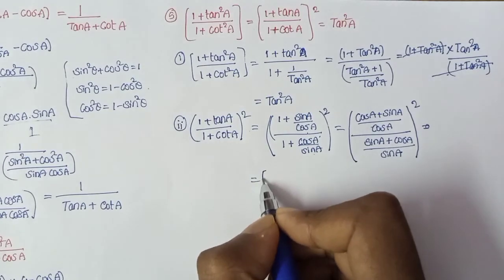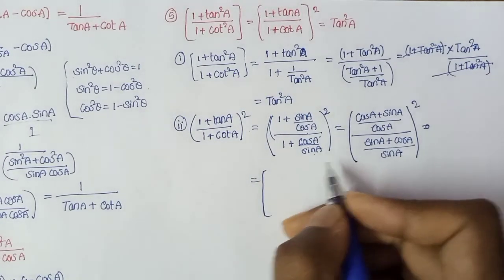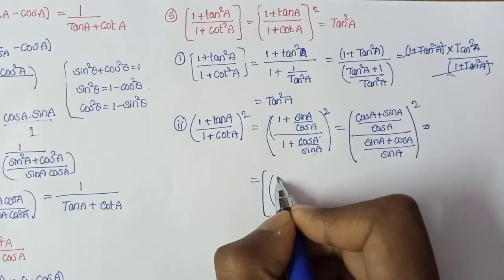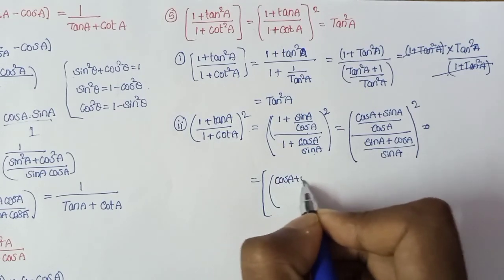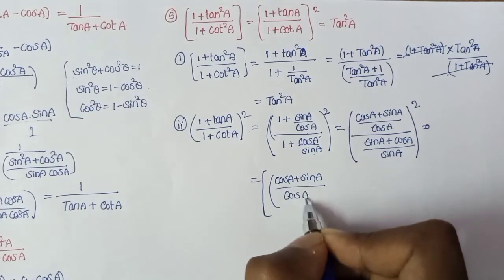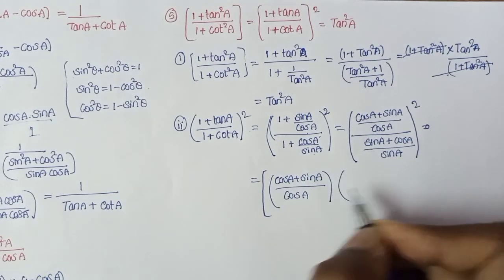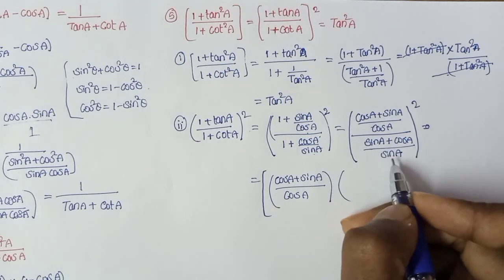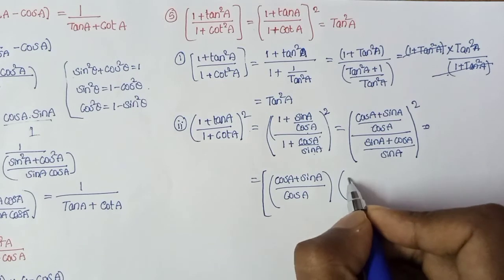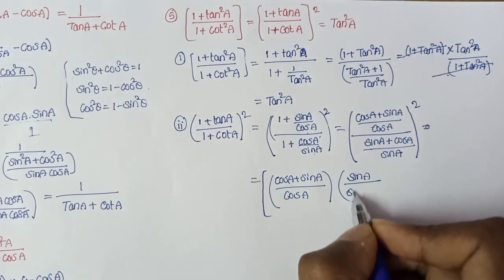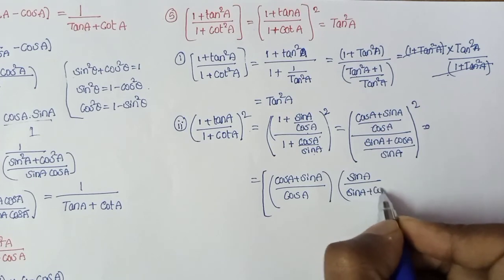So if we take a square bracket, what you will get here is cos A plus sin A divided by cos A into, I want to write in multiplication, so this denominator term will reverse, that is sin A divided by sin A plus cos A